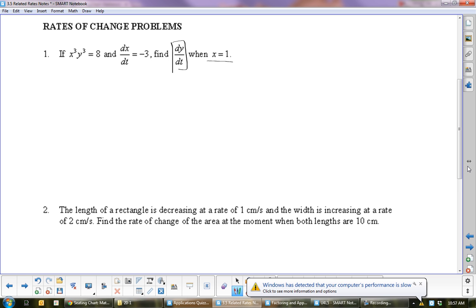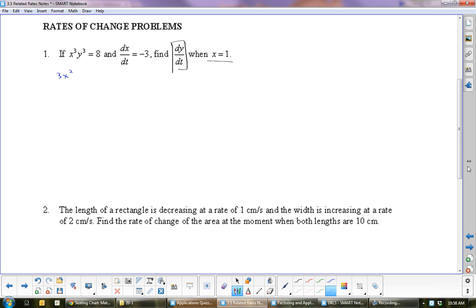You can see that we're going to need what variable to start working with this? Okay, well, let's do the derivative. Okay, you guys remember the old product rule? So this would be 3x squared